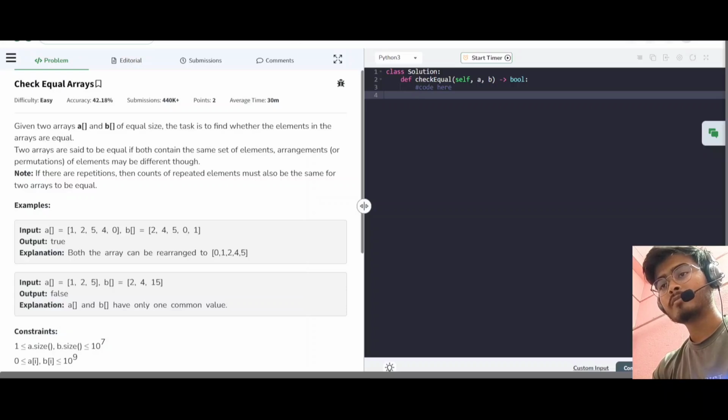We are given two arrays A and B of equal size. We need to determine whether both arrays contain exactly the same elements. The arrangement of the elements may differ. However, if an element appears multiple times in one array, it must appear the same number of times in the other array as well. For example,